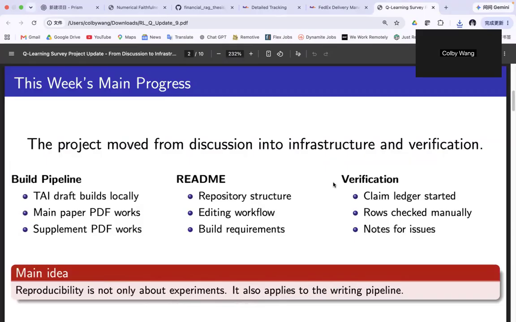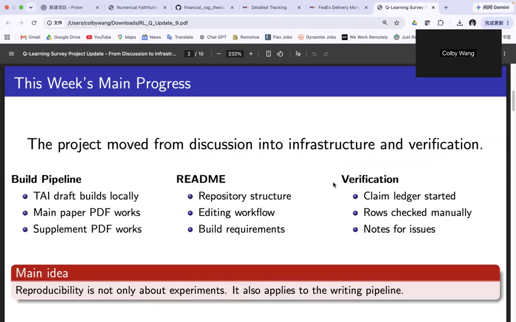The main message this week is that the project moved from discussion into infrastructure and verification. There are three pieces of progress. First, the build pipeline now works locally. Both the main TAI draft and the supplement can be compiled to PDFs. Second, the README has been updated. This is important because contributors need to know where things are, how the draft is organized, and how to build the paper.